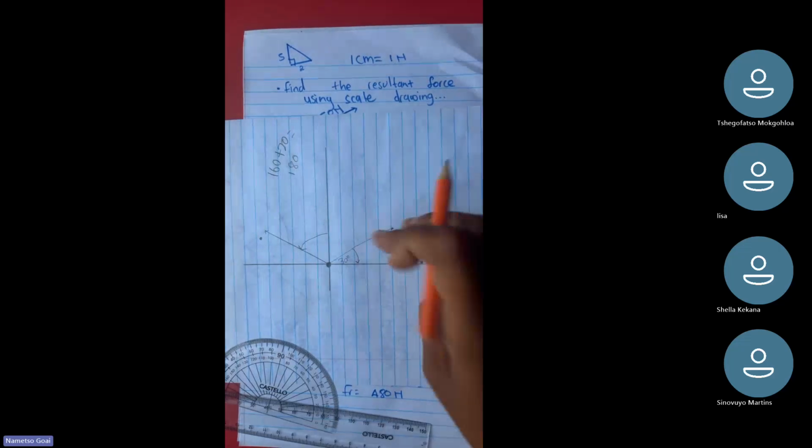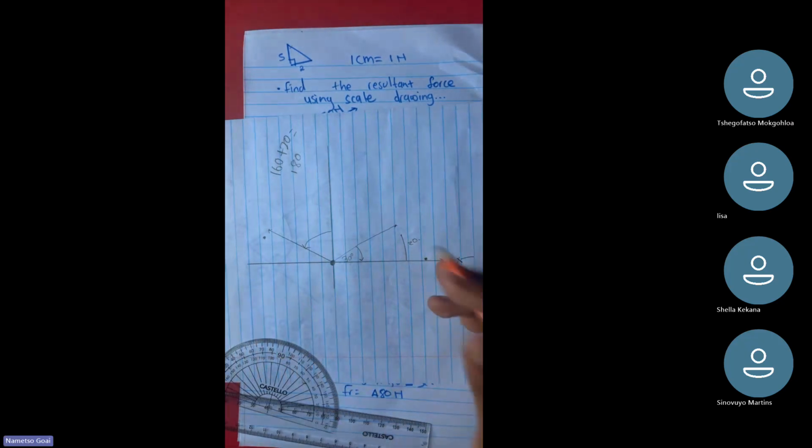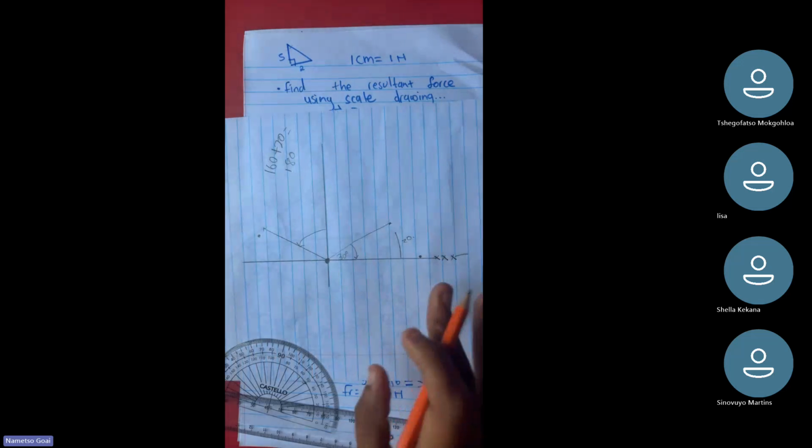That's the reason to why we are choosing from the right instead. I think that makes sense. But if it doesn't, I'll just check further and further as to why we look from this side and not this side. But what they're saying is that if you measure from this, because our universal